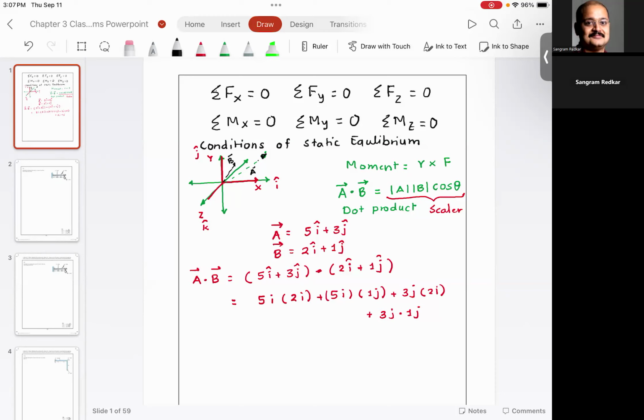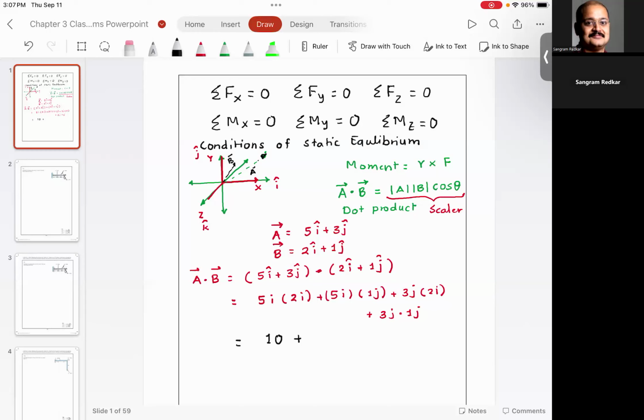Product is going to be 5 times 2 multiplied by the cosine of angle in between these two vectors. Please understand i and i, so the angle between these two vectors is 0. You agree with me? So the first product is going to be 10 plus, same thing here, 5 times